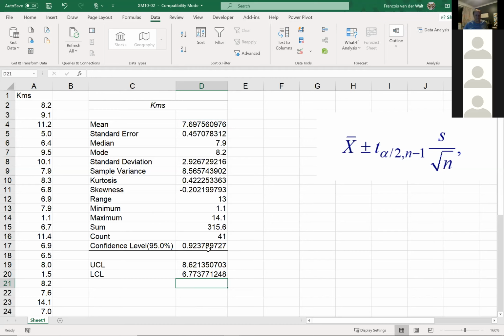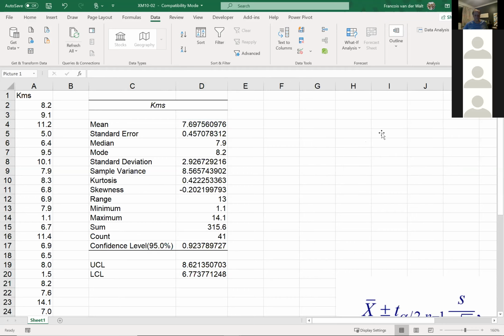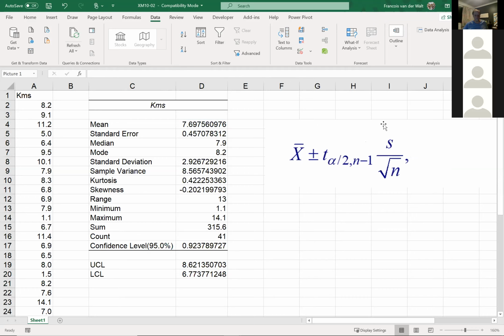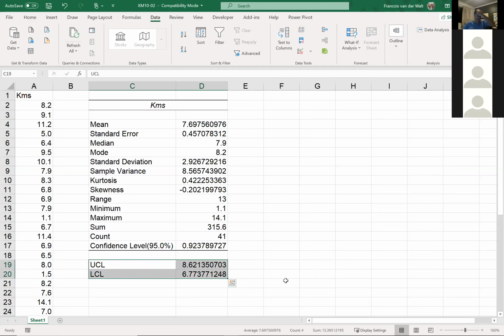Now, instead of having to do this relatively complex calculation, I can just use Excel to calculate it, but you need to be very clear on what to do here. So how will I change this if I actually want to estimate, say, a 99% confidence limit?